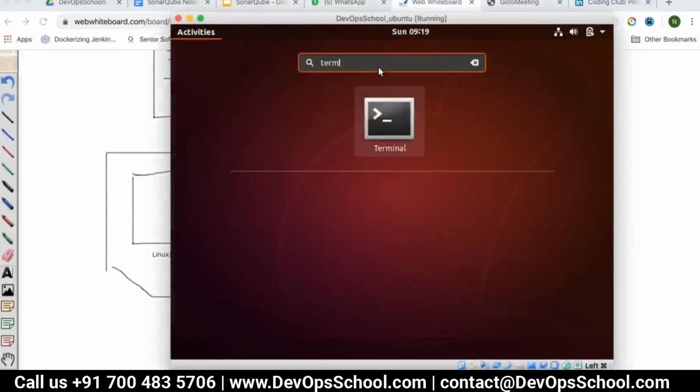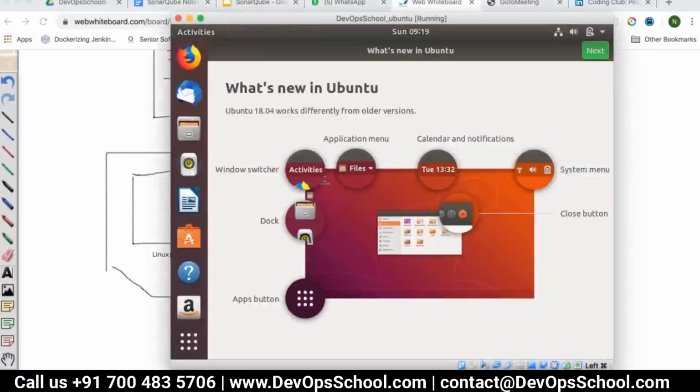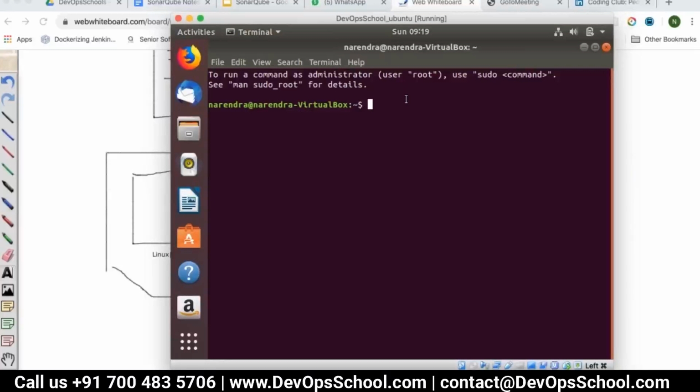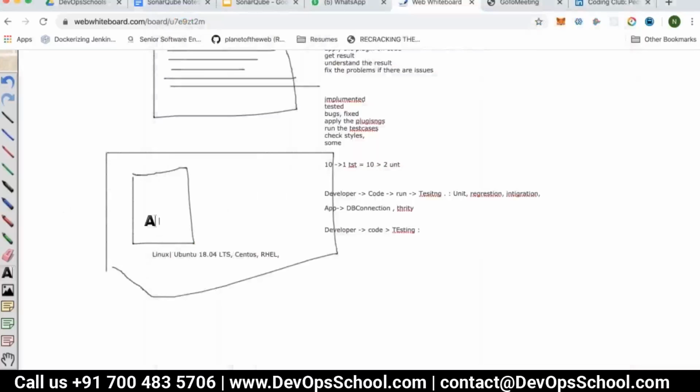I opened a terminal, my VirtualBox, and then trying to access this. Guys, are you able to see? Can you give a small response? Yes, yes. Okay, cool. So what I'm going to do is, as I told you, I have created an Ubuntu here,